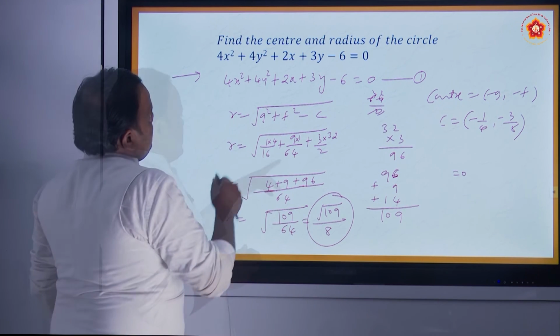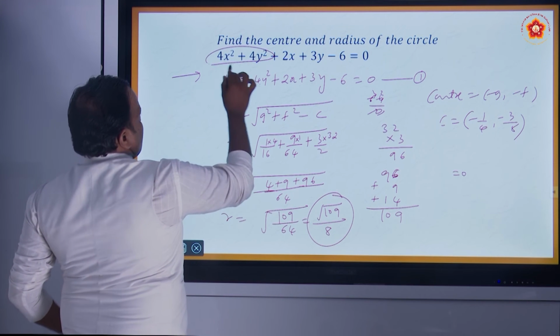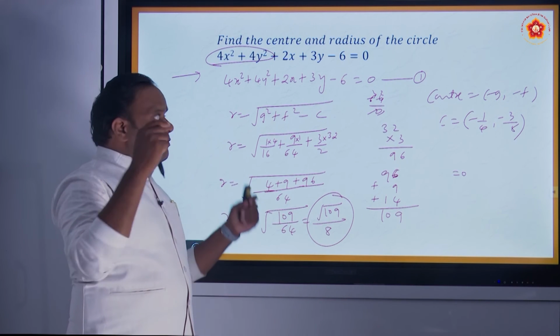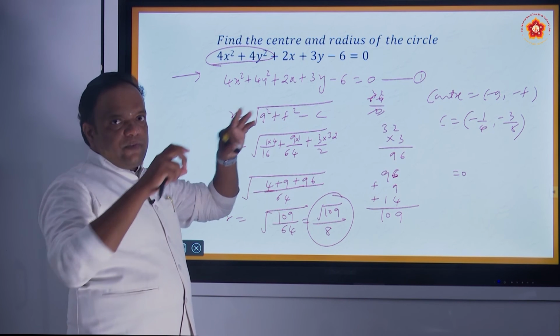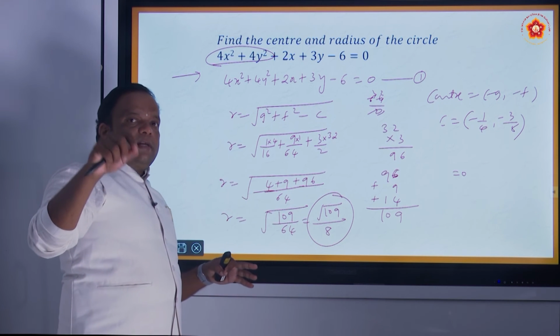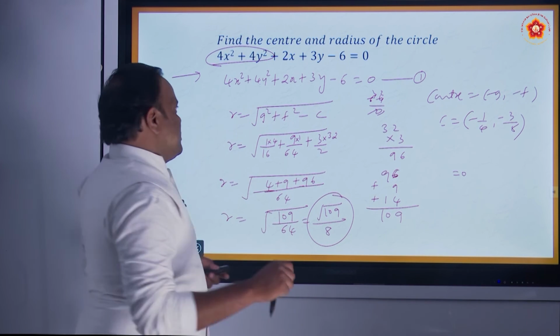Correct? Make the coefficient of x square equal to the coefficient of y square equal to 1 when we find the center and radius. Don't solve directly, don't take 2g and 2f directly. First divide, then take 2g and 2f and write the c value. So okay,